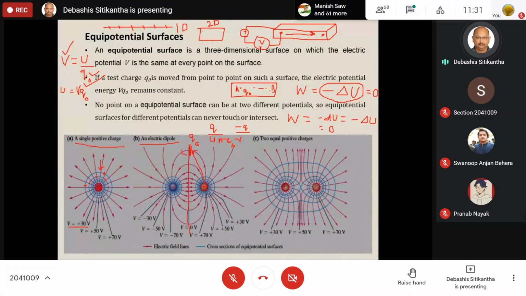Now since electric potential is a scalar quantity, we can just add it by algebraic addition. And if we do that, it again results in zero. So can anybody tell me what type of configuration this particular area is going to form as an equipotential surface? In the previous case, I was telling you that the equipotential surface is a sphere. Now can anybody tell me what type of configuration this equipotential surface will have?